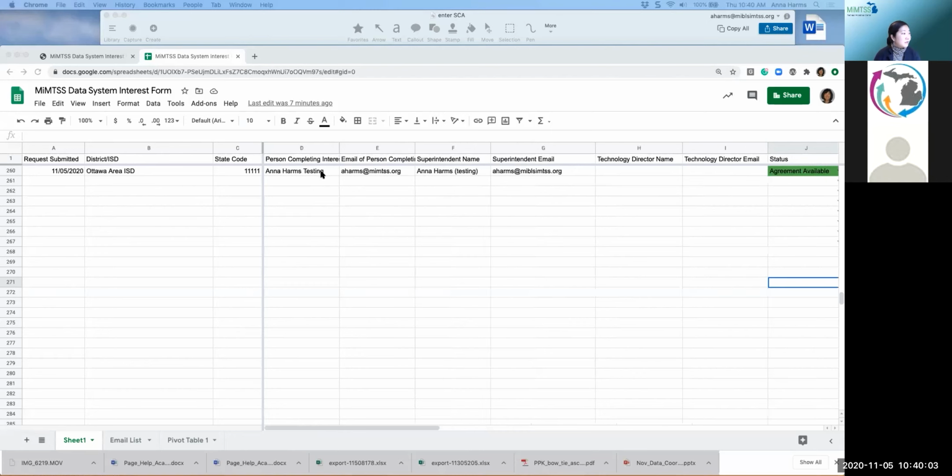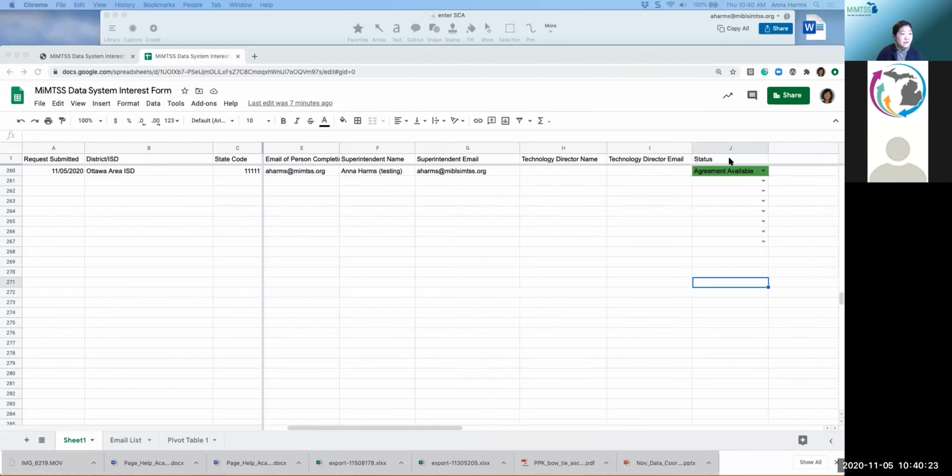So the person who completed the interest form, the superintendent, and if a technology director or support person was named, all three of those people would be set up as the first set of ISD or district users, depending on who's signing the agreement. And Candy would send you confirmation that she's done that. And you'll also get an automated message from the data system. From there, she'll flip this to user invitation sent, and we'll know that all of the communication has occurred.